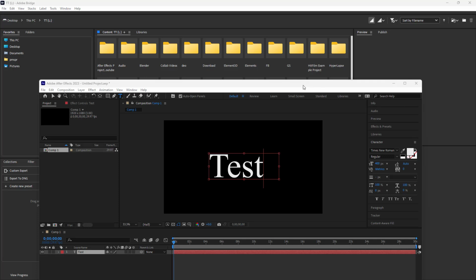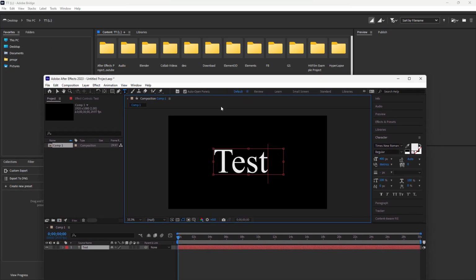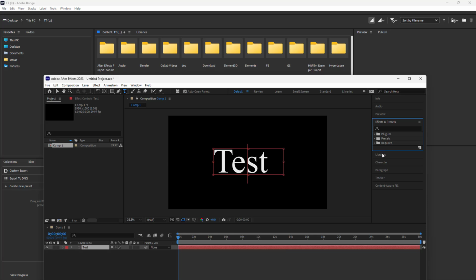So over here you can see that in the background I have Adobe Bridge opened up, and over here you can see that I have After Effects opened up as well. So let's say I want to apply an animation preset to this particular text right here. In that case, I can go onto Effects, and over here under Presets, you can see that there are